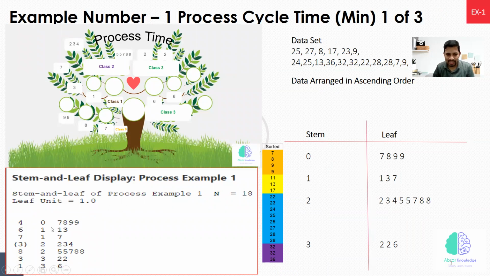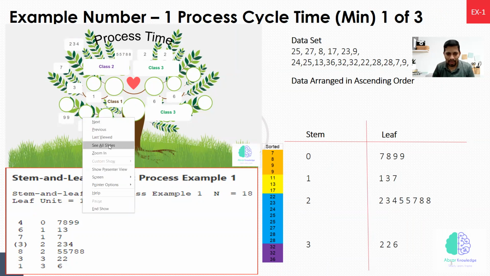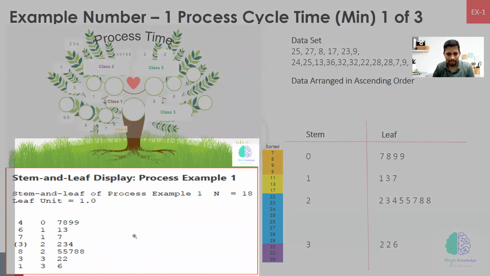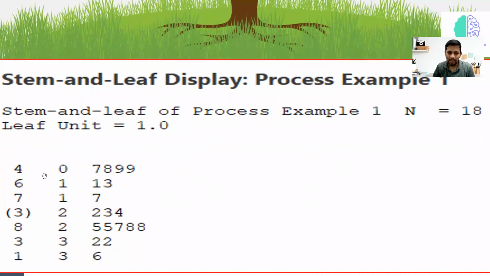So let's do this in Minitab. In Minitab, I will be doing it directly, but just to tell you how it is. For example, Minitab splits the data more sharply. For example, 0 to 9, we have 7, 8, 9, 9. That's what it gives. And between 10 to 15, the data is 11 we have, 13 we have, again 17. The same data is split down, it creates more categories and splits down, nothing else. The same data in the hand method which I did, and this is the Minitab version.